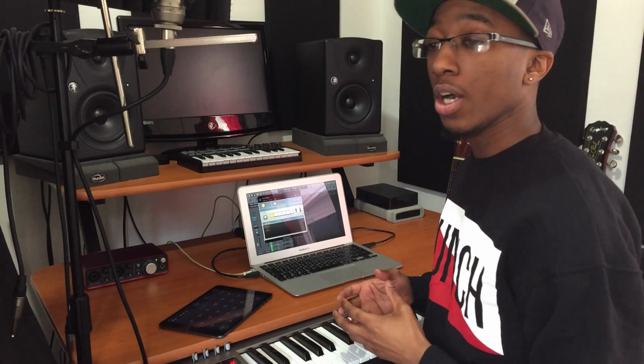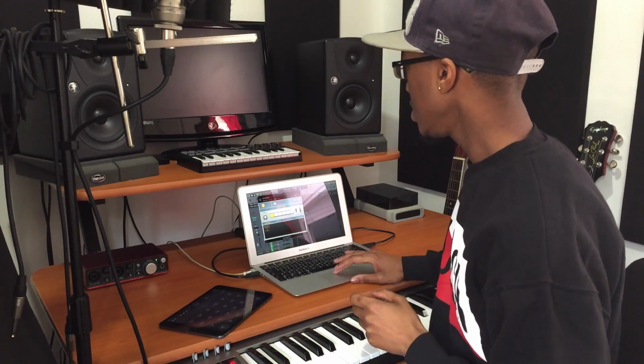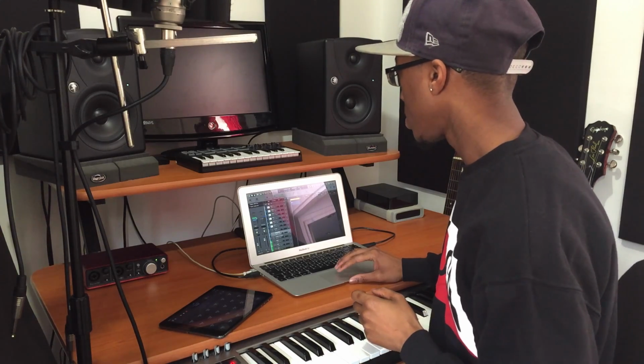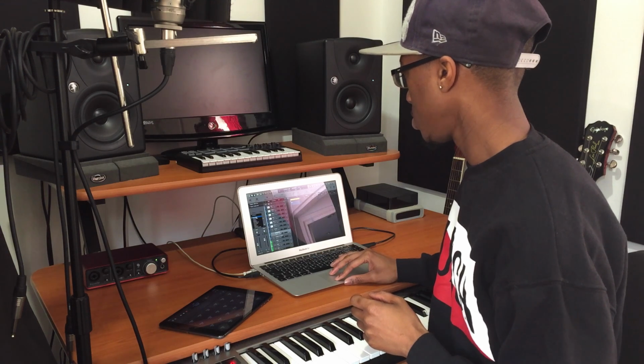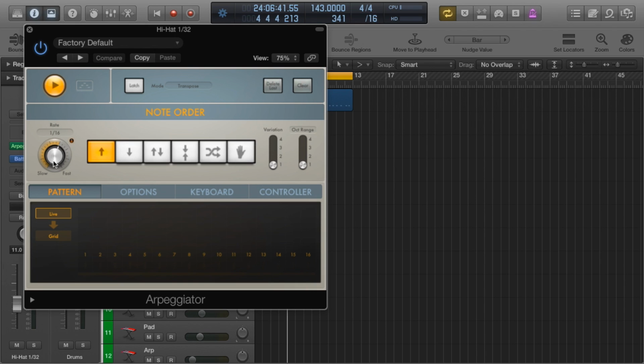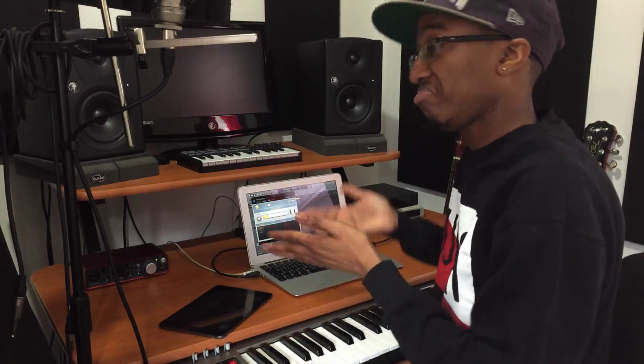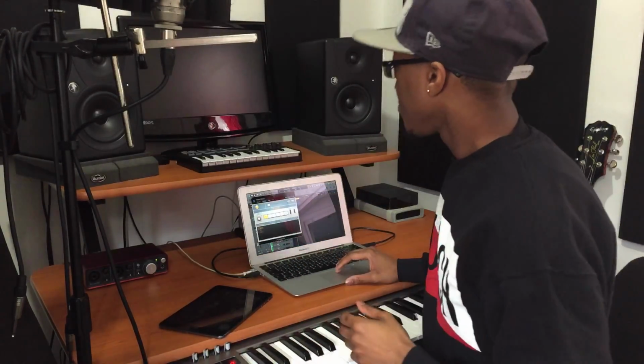So a very iconic characteristic of what you would call a trap beat is the rolling hi-hats. Now how I did this is I used the Arpeggiator built in Logic Pro X. To access this Arpeggiator, it's simple. Literally you click, well, let's remove this one so you can see. You click on MIDI effects, first one down, Arpeggiator, and I put the rate to 1/32. I think that's how you would say it, 1/16, 1/32. I don't know, you tell me. Anyways, so that's what I did,